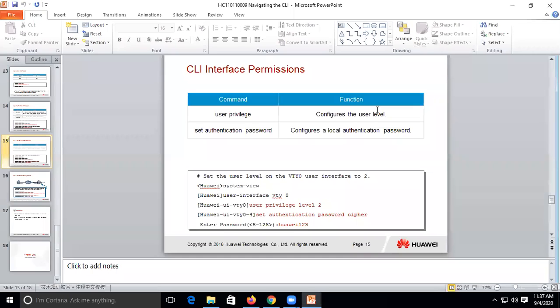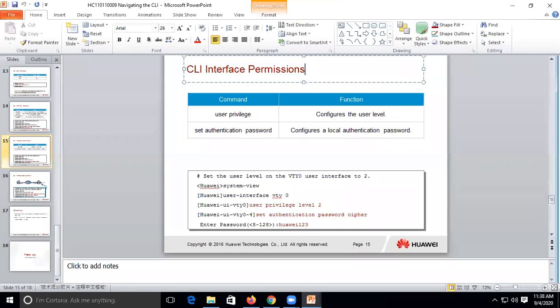So AAA provides high security, for which a username and password must be entered. Can anybody tell me what is AAA security? Vivek,